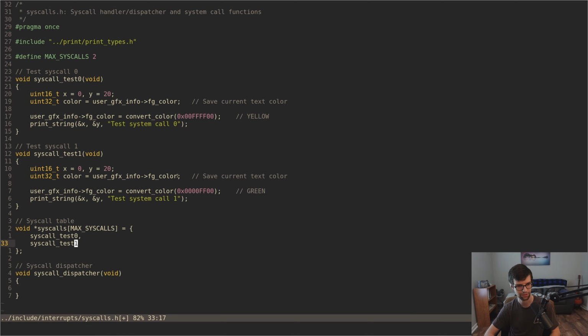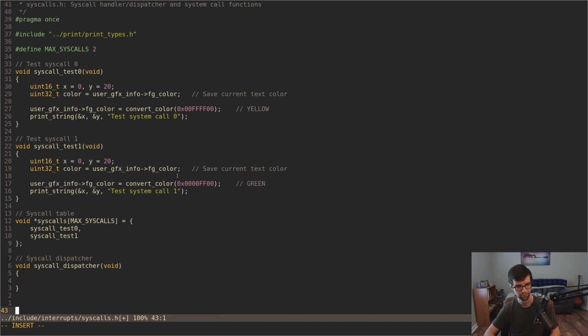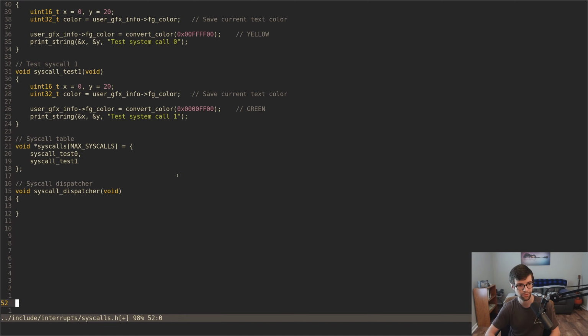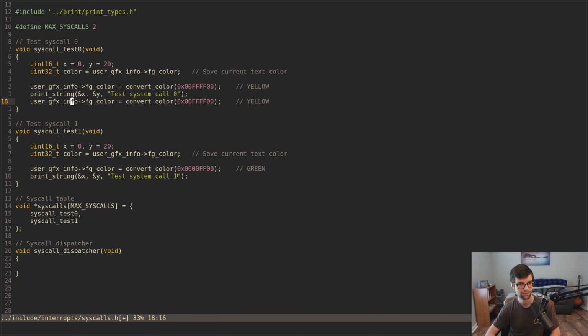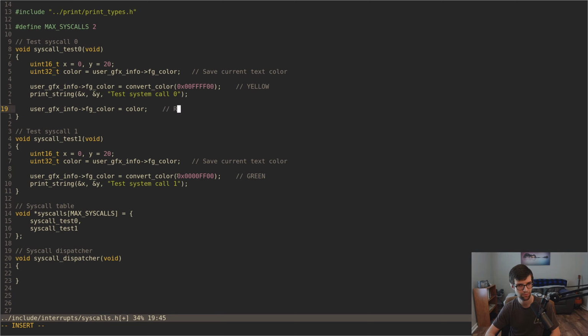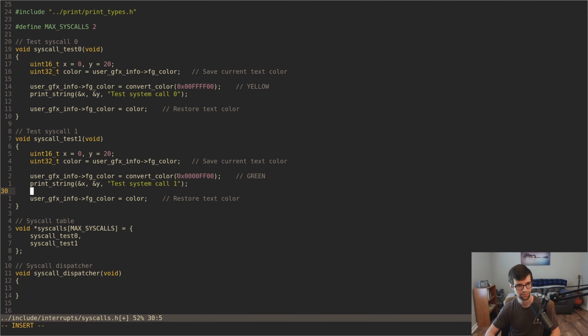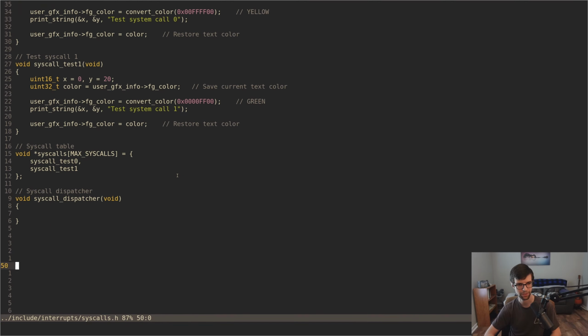I need the comma here, not there. Then what we have to do, so I don't forget, I need to restore the color as well. This will be color restore text color. Okay, so the system call dispatcher is going to check what value is in EAX and call